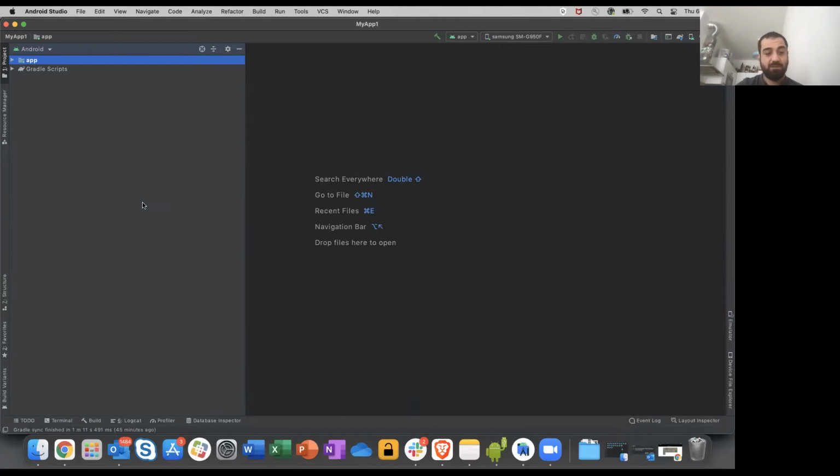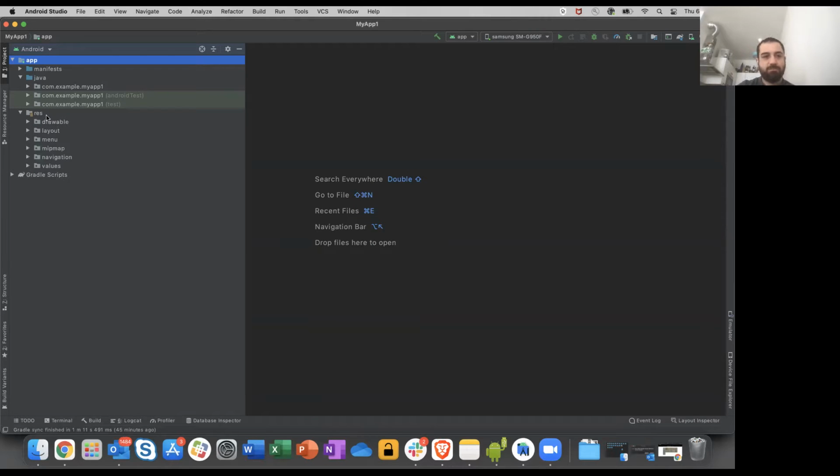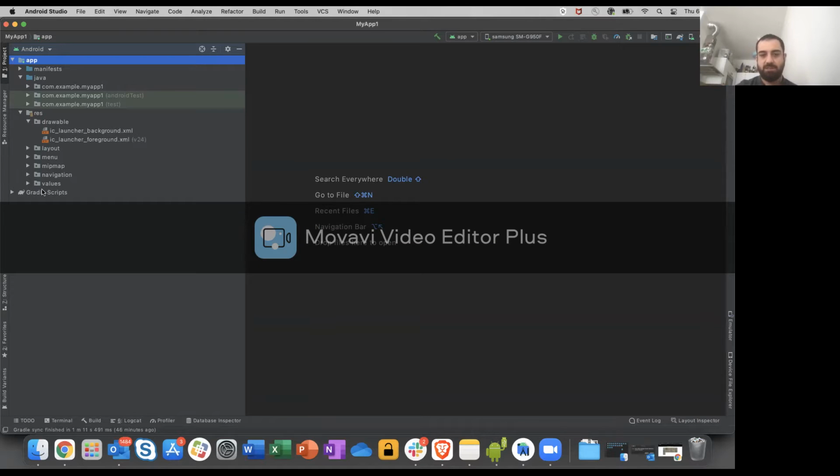So once we go in here, inside the app folder, you can see our project is here. I told you before, but in Java folder, we have our code, project code. I'm not going to change any code, so for now it's okay. In res, we have all our resources. So since you opened it with a predefined project, there are already some icons, layouts, strings, and everything you might need. For example, in the drawable folder, we have defined vectors